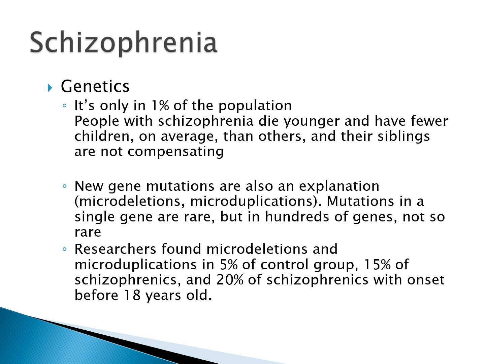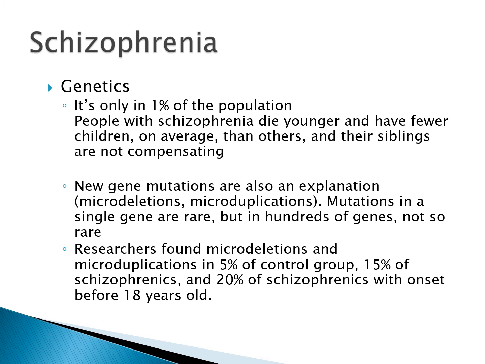But that's why they started looking towards more and more possible genes and looking for other explanations. And so other explanations include new gene mutations, as well as microdeletions and